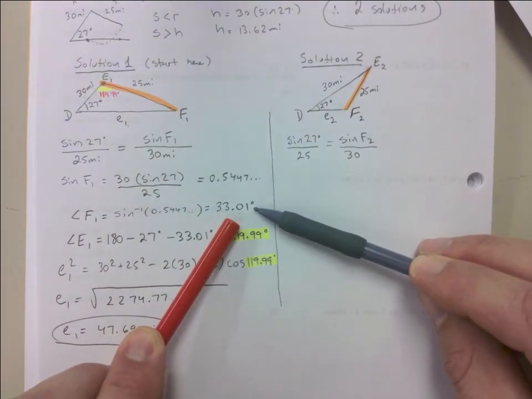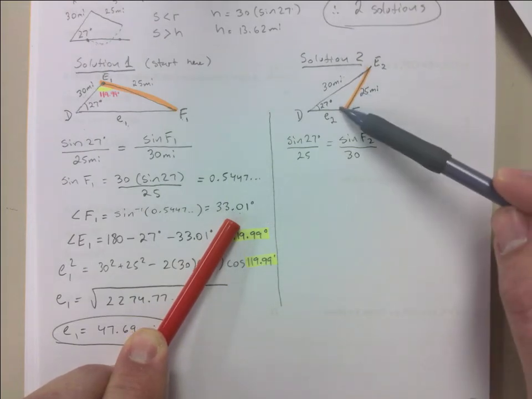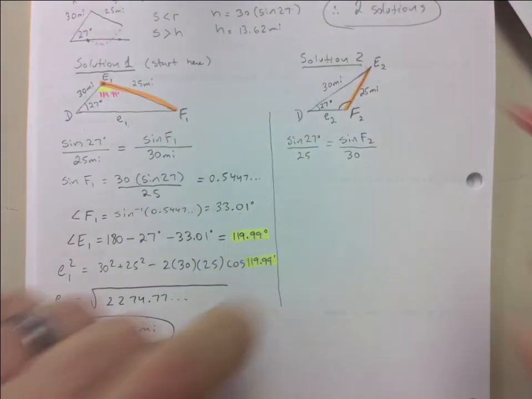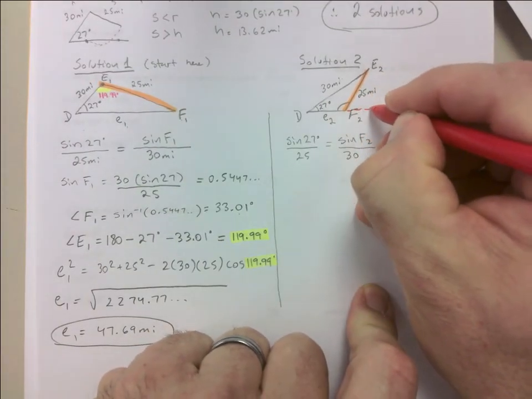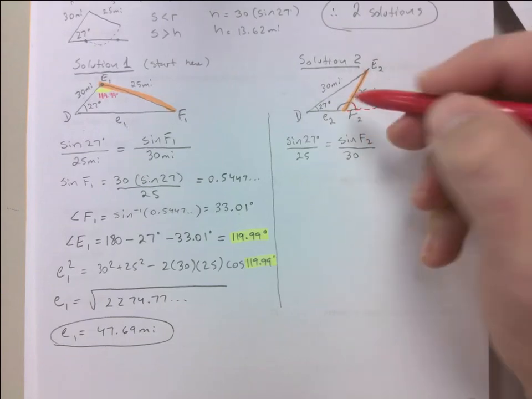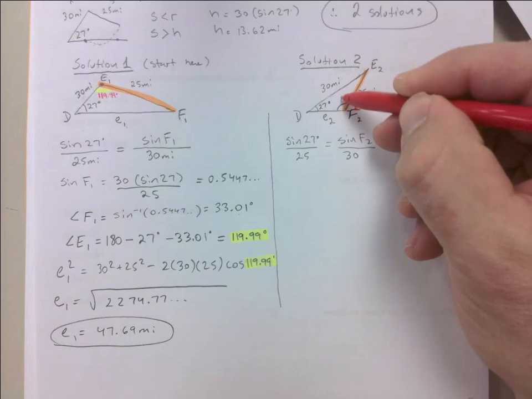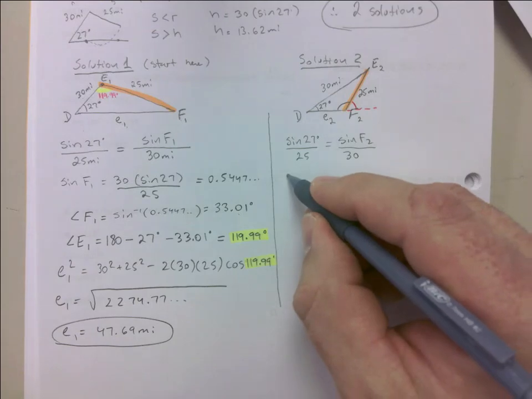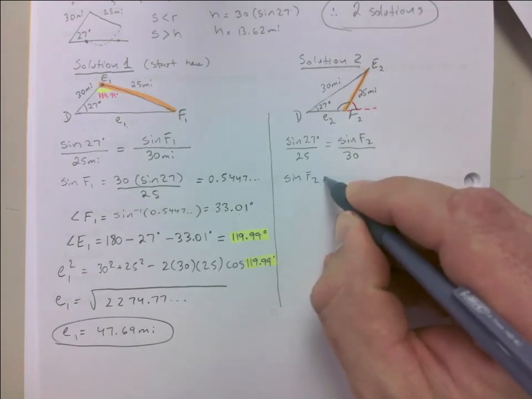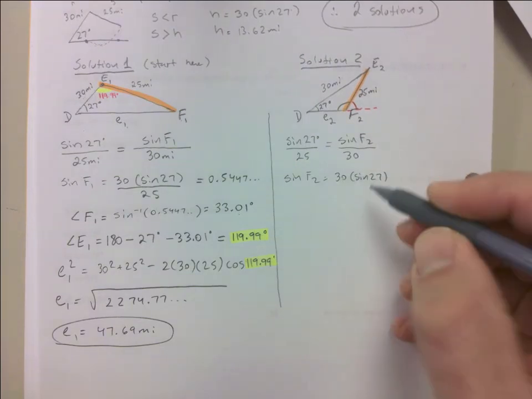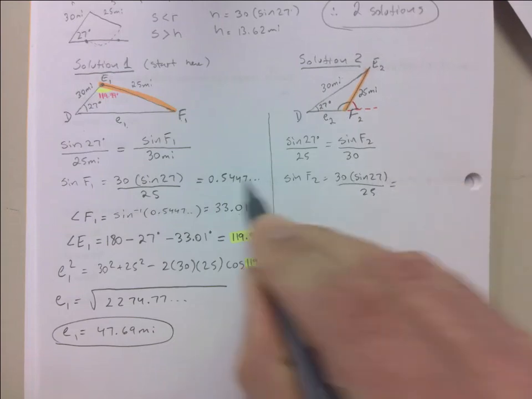33.01 again. But we know it's not 33.01, right? What kind of angle is this? Obtuse. Do you see that? It's going to give us this one, but we want that one. Okay, we want the obtuse angle. So let's just solve for here. I'm just going to show you this. Sine of F2 is 30 times sine of 27. I'm still going to do this one time. It's exactly the same,